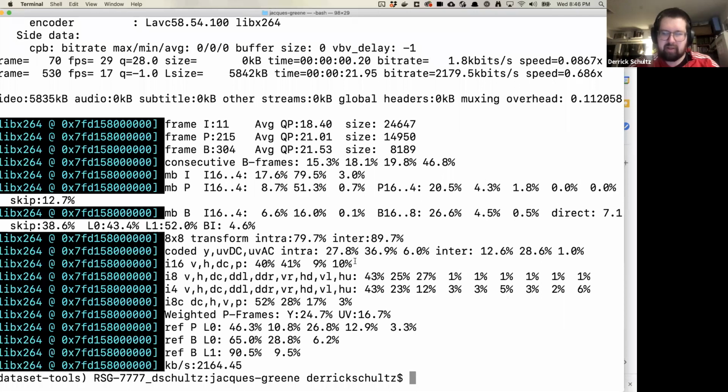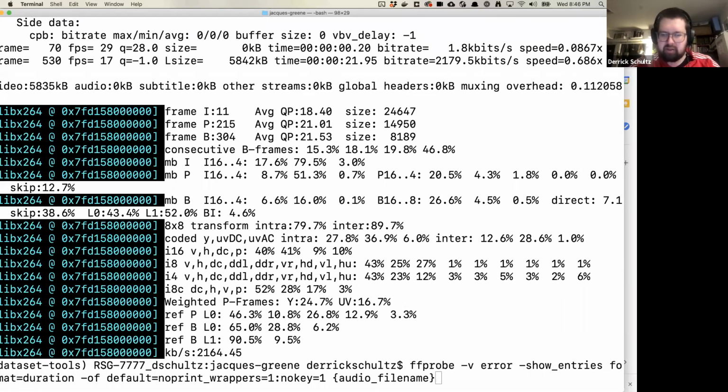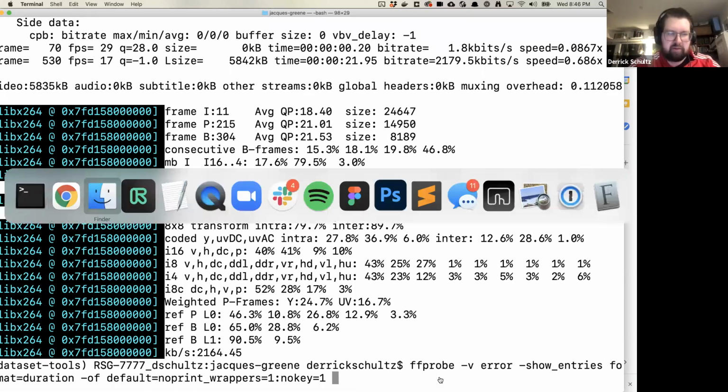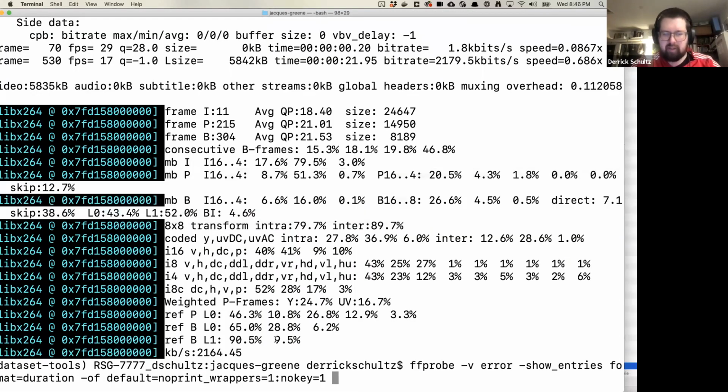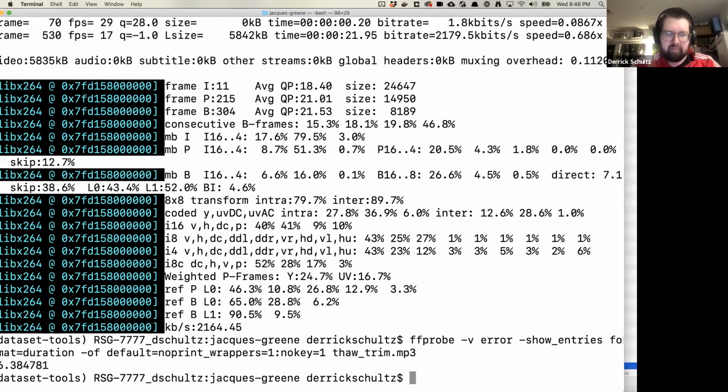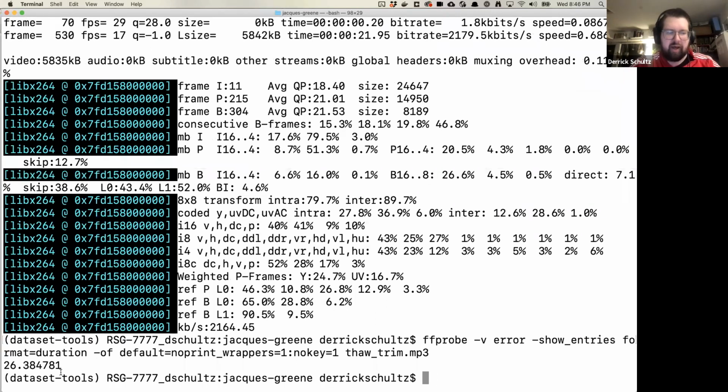So paste this in, and then what we want to do is change this last value to the file name of the audio. So we're just going to copy this, paste this in, hit return. Okay, so what that gives me is a value, which I think, okay, so I know what's